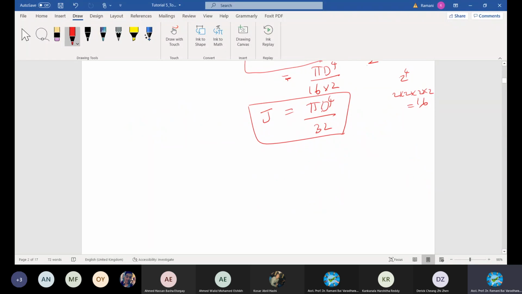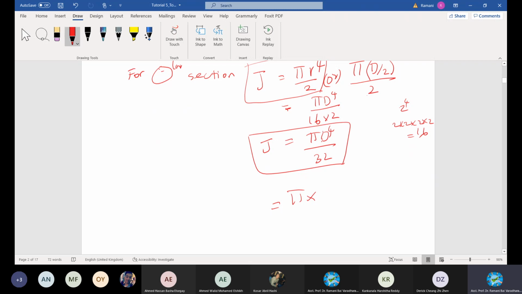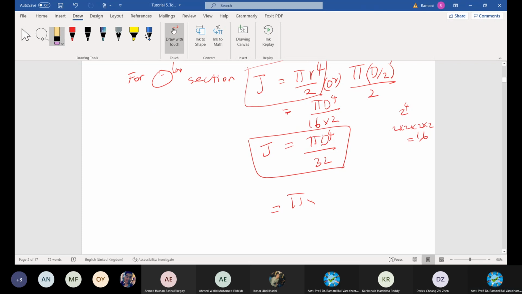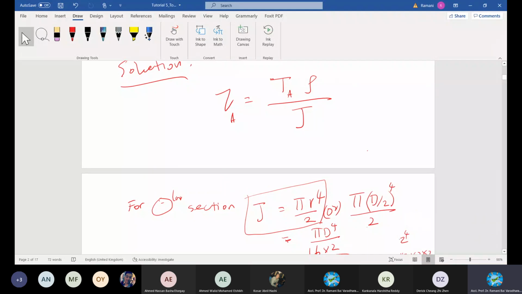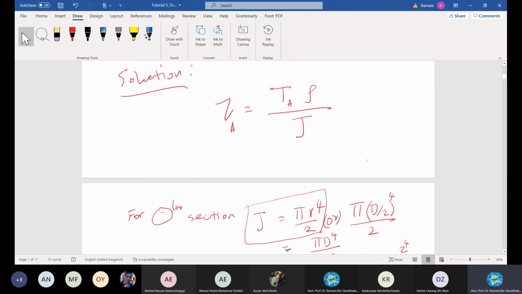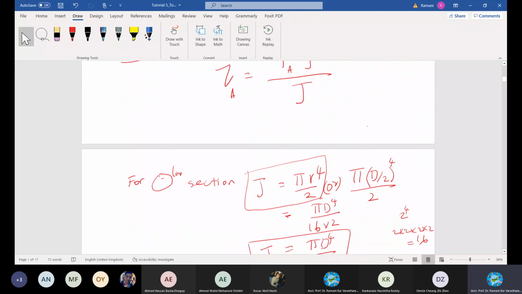Let's substitute the value of pi. Can you substitute, all of you? Are you working together with me? Are you there, guys? Yes. Answer, substitute the value. All are there. I have given the polar moment. Rho is there. Now the direct substitution is the moment at A.